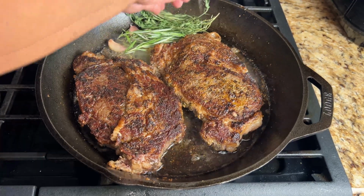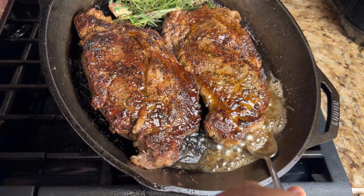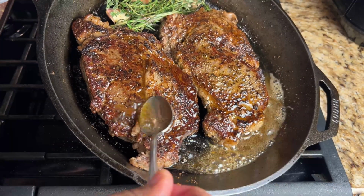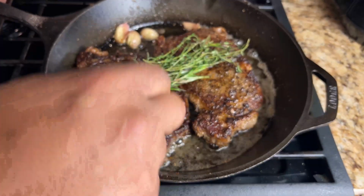Now reduce the heat down to medium-low. After that, add some dairy-free butter to the pan so it melts, and then add the garlic, rosemary, and thyme that we worked on earlier. Tilt the pan to capture that delicious herb-infused butter and use it to baste the steak for about 1 to 2 minutes. When you're done basting, put the veggies on top of the steak and put it in the oven